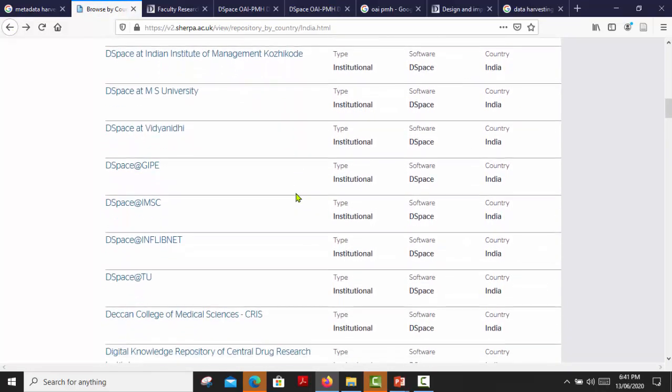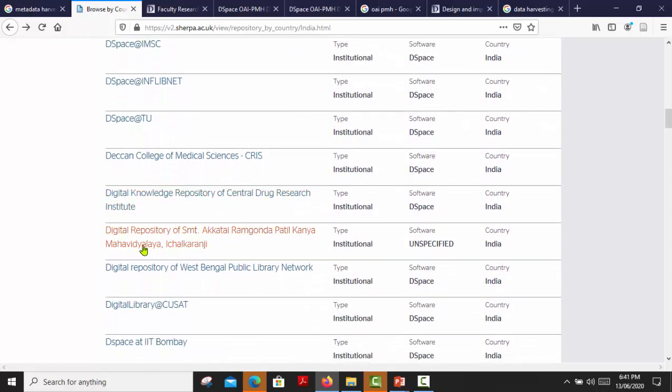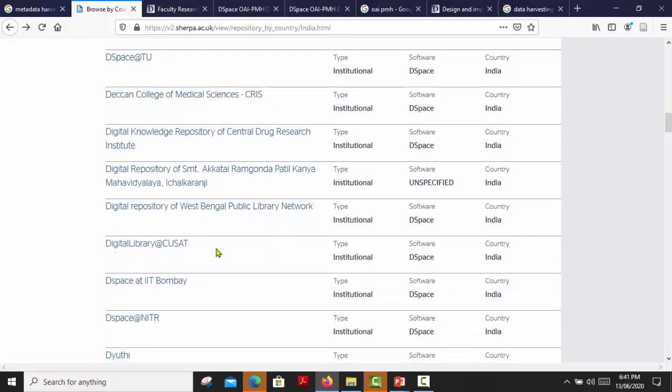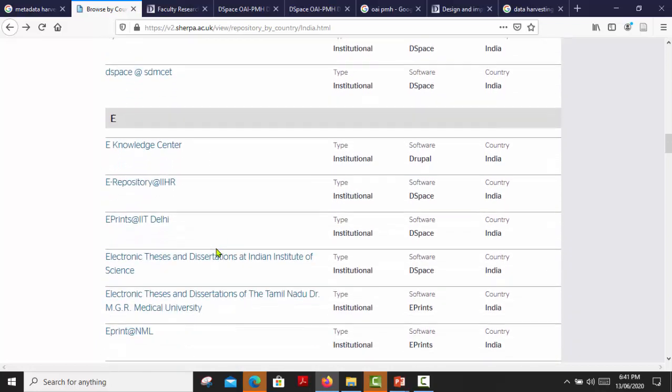there are so many repositories here. Yes, there is another repository, the digital repository of Sri Akkatai Ramgonda Patil Kanya Mahavidyalaya. They also registered their repository on OpenDOAR. It's a great thing that colleges are registering their repositories on OpenDOAR. Here so many research libraries, so much research content is available, so you can harvest all this content to